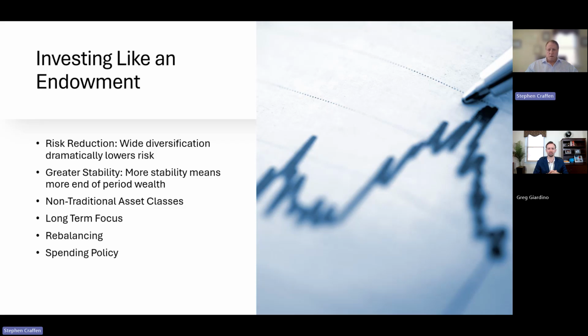Second thing it does, it also allows you, through a formula, to sell high and buy low. Because if you set a rebalancing threshold, an asset that's appreciated more greatly in relation to the rest of your portfolio may become overweight, and the rubber band you pull may have reached the end of its stretch. You may have an asset that's overvalued and it may be a great time to sell some of it, take some profits off the table, and buy something that may be undervalued and hasn't performed as well. And additionally, we did another video on this recently.